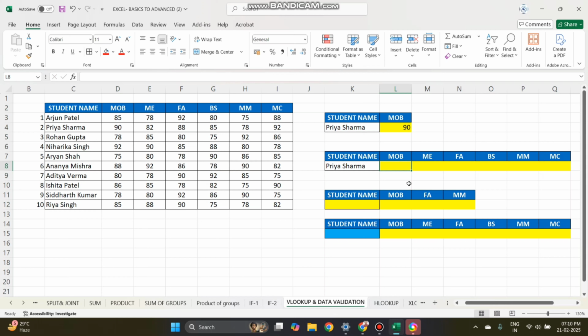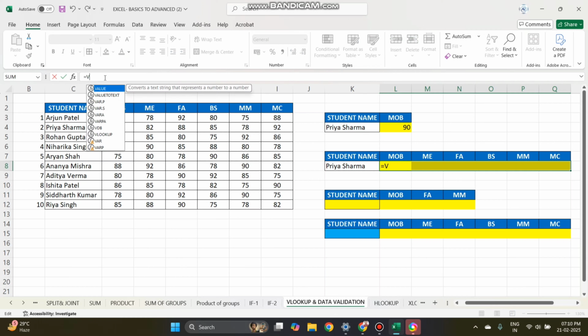But before that, I am selecting all the 6 cells here, and I am not typing in the cell. I am typing in the formula bar. So equal to VLOOKUP, I'm looking for the value, that is Priya Sharma, the lookup value,